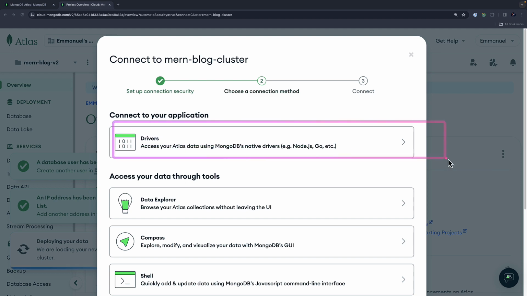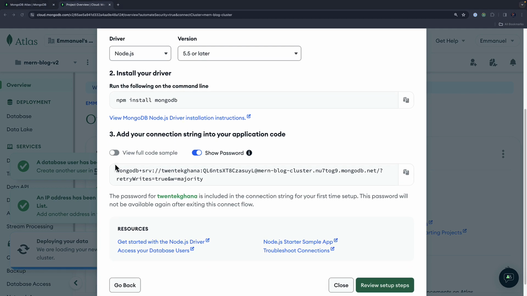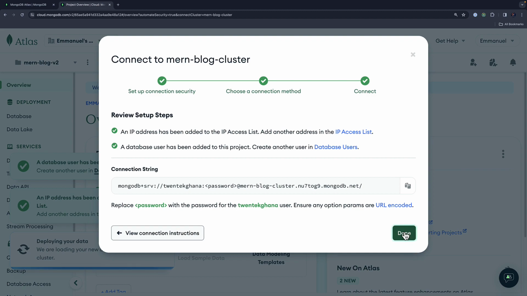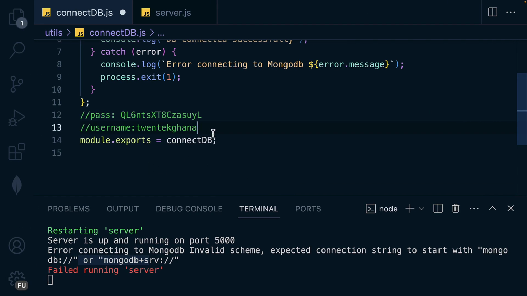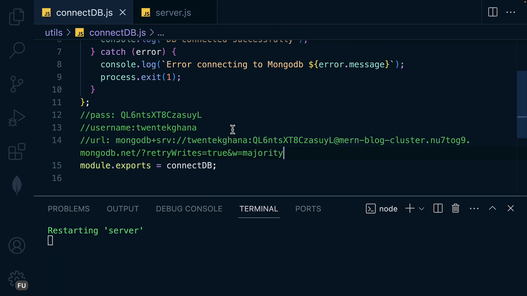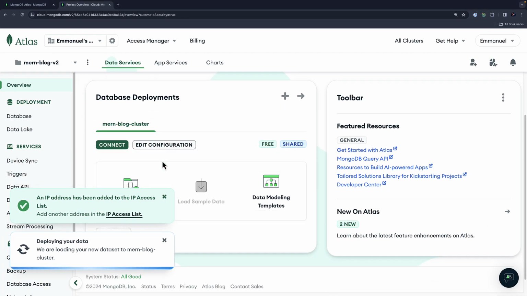We are going to use MongoDB drivers, so click on that. And what we want is this, so copy that, then review the setup steps and click on done. Let me paste the connection string here. I will say URL and paste that. And let's finish up with our configuration. Let me close these